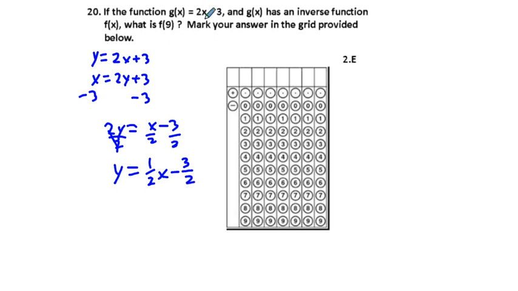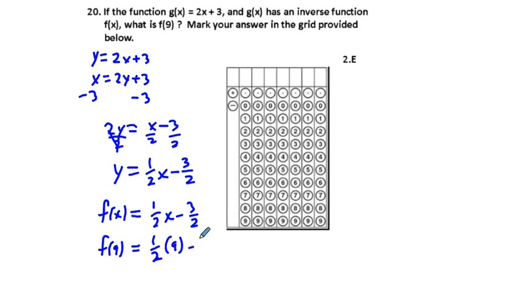So this is going to be our inverse function, f of x. We can call this f of x, right? f of x equals 1/2 x minus 3/2. And if we substitute in, what is f of 9? Let's put in 9 for x: 1/2 of 9 minus 3 over 2, which is going to be equal to 9 halves minus